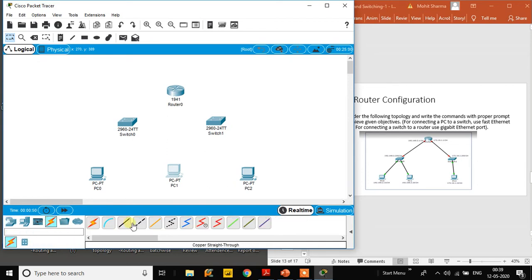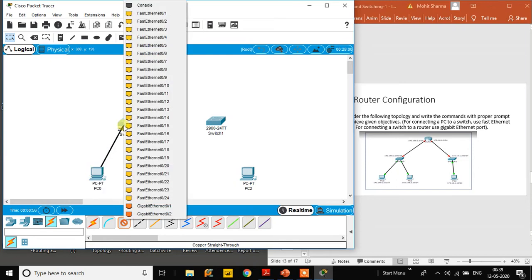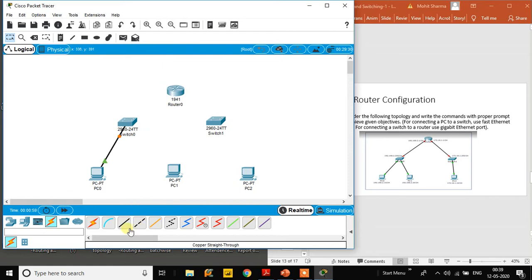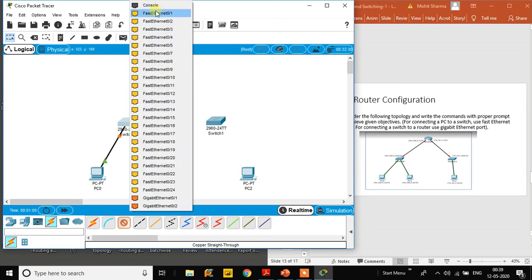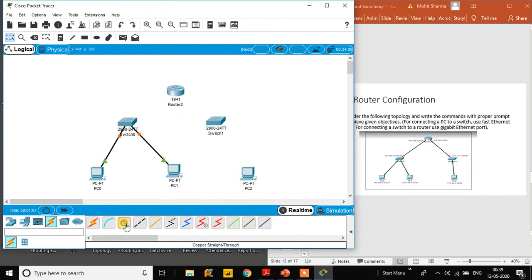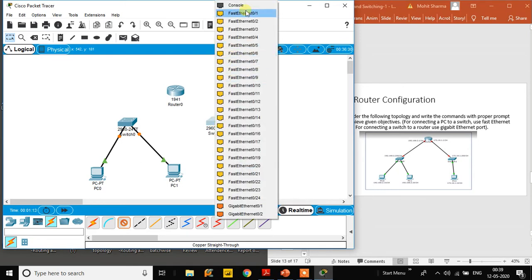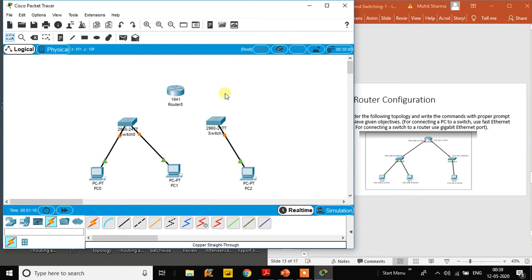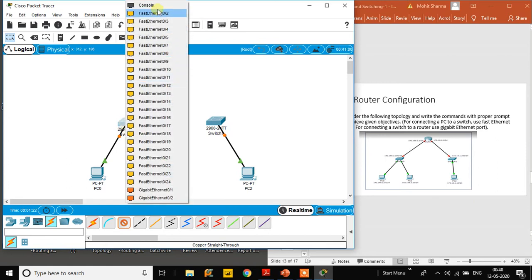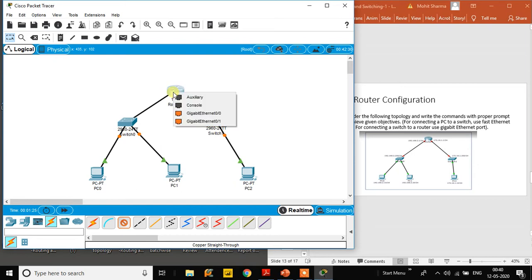These are different connections in between two different devices, copper straight-through cable, fast Ethernet here, any port which is free you can connect. And then we have again PC1 fast Ethernet 0, and here you can connect it to any free port. Similarly, copper straight-through cable between PC2 and switch 1 also. So again we will be choosing fast Ethernet here. And then again these switch and router have different interfaces, so we will choose copper straight-through cable, fast Ethernet 0/2. You have two interfaces, you can check here, gigabit Ethernet 0/0 or 0/1. Anyone you can choose, any side.